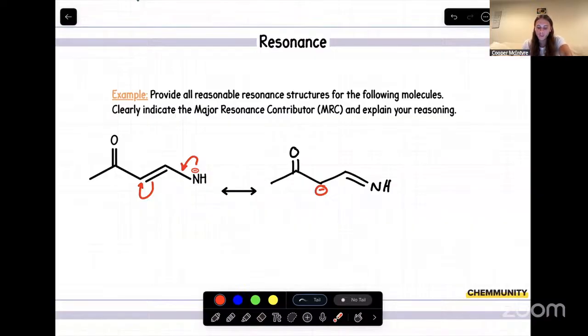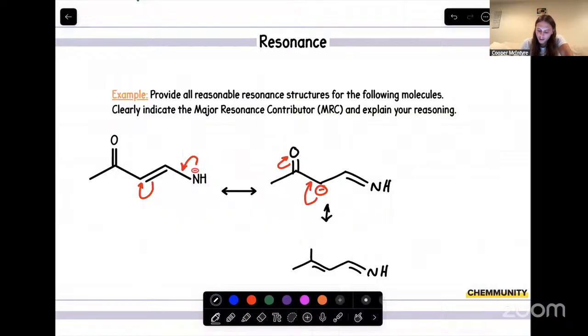Perfect. And now we have a negative charge on this carbon, and we can keep moving with it. If we were to keep looking at what's around that negative charge, this negative charge is right next to another carbon-oxygen double bond. And since it's next to a pi bond, we can undergo resonance again. We can move this negative charge on down, form a new pi bond, and then we'll be moving these electrons between that pi bond up to oxygen. Sweet. So those are our resonance forms.